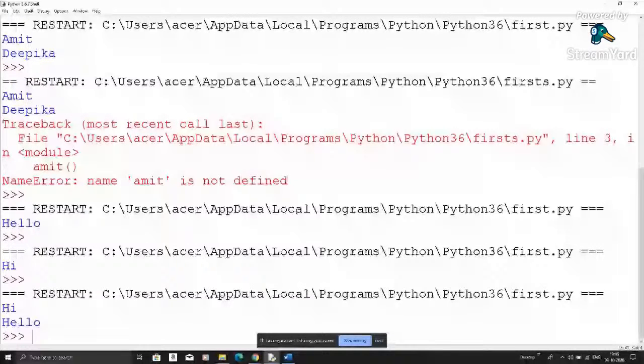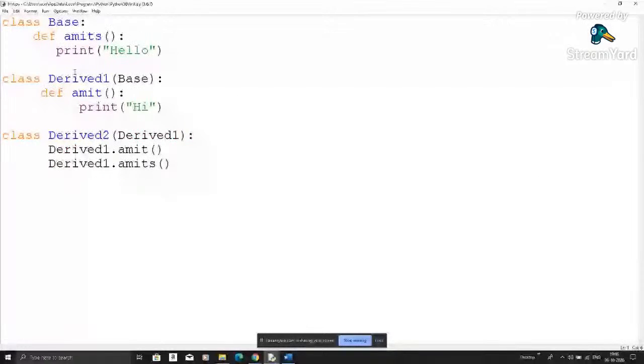Why? Because this thing is inherited by this, and this thing is inherited by this. That means it inherits both of the two. So this comes under polymorphism. This topic is coming to polymorphism, if I am making two classes having different names in multiple inheritance,